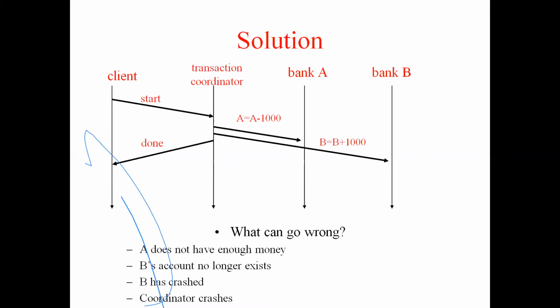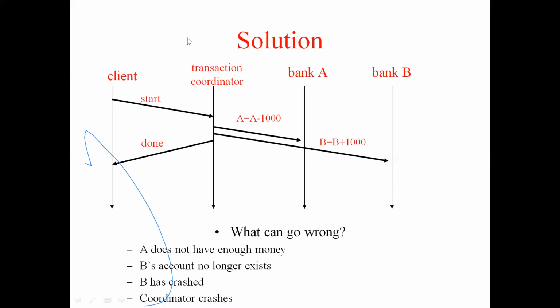There are not multiple decisions, just one decision. If all operations are done, then this will be a commit operation. If either of these is not done, A minus 1000 or B plus 1000, then this will be an abort operation. Ask any question if you have till now. Is this clear till now?